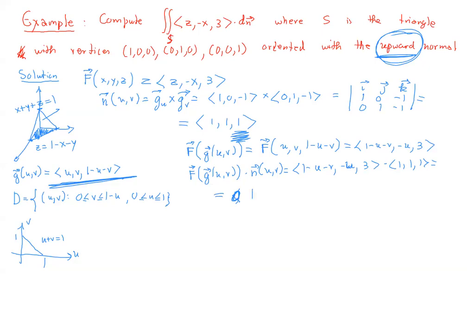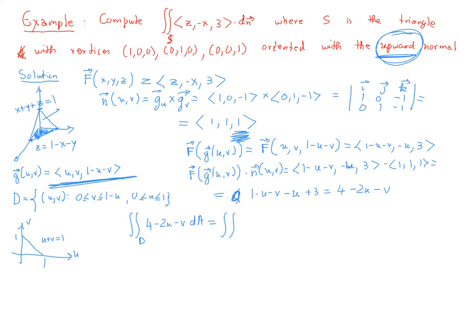We get 1 minus u minus v minus u plus 3, which is going to be 4 minus 2u minus v. And that's what we need to integrate. We need to integrate it over what? Over the domain of the parameterization. So eventually our integral will be the integral over D of this integrand 4 minus 2u minus v dA,